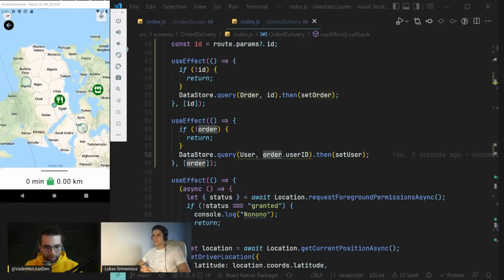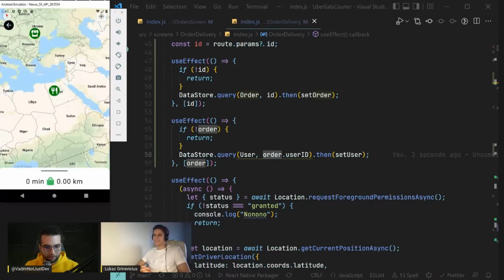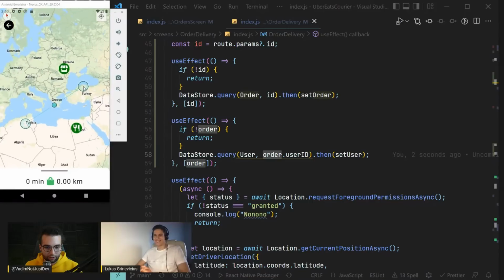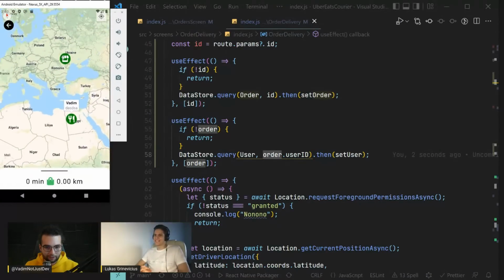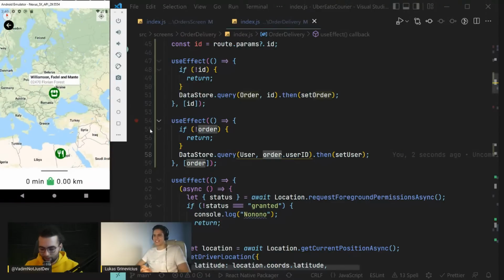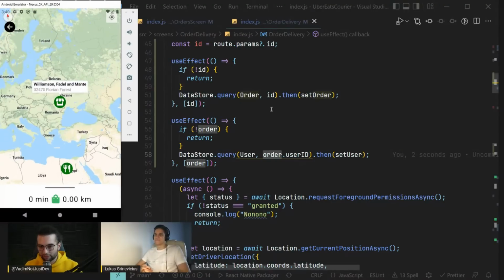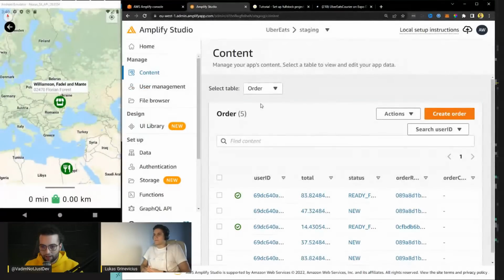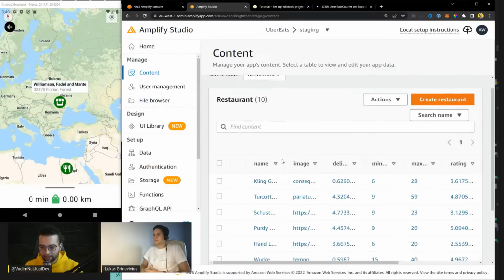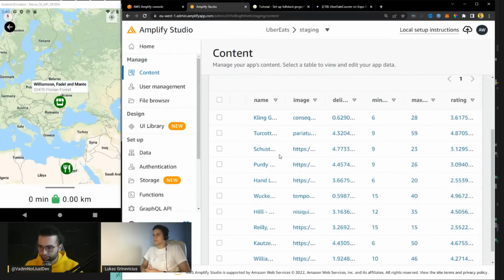Most likely, you need to reload what we have in Egypt. The user is there. Wow, so, Vadim, that's nice. Let's see what data we are working with. For the restaurant, let's see his address. The address is,